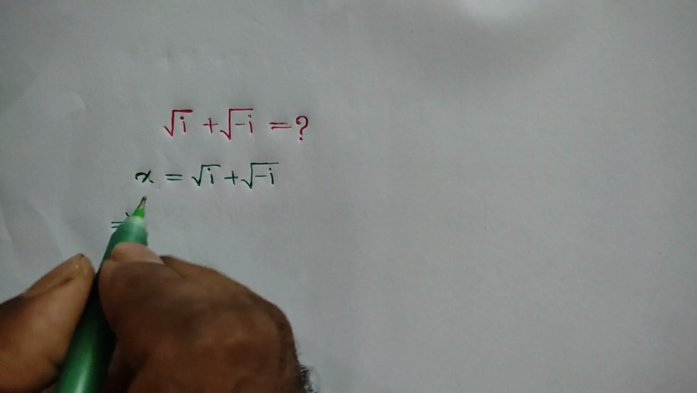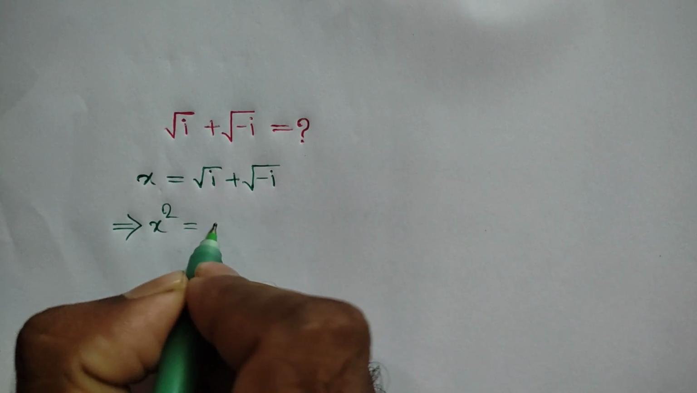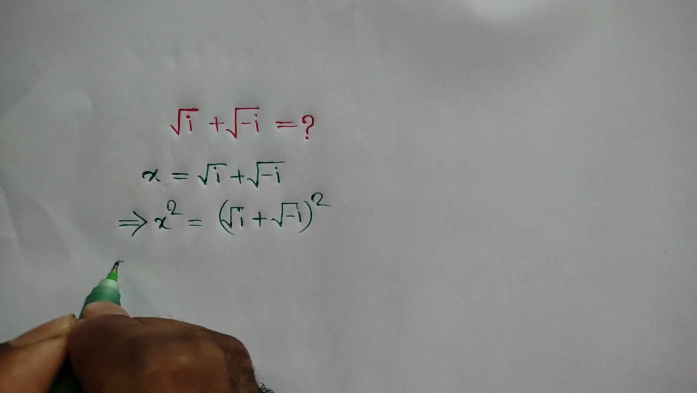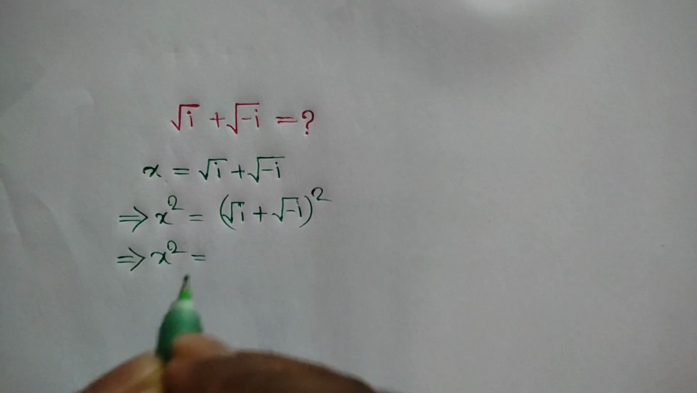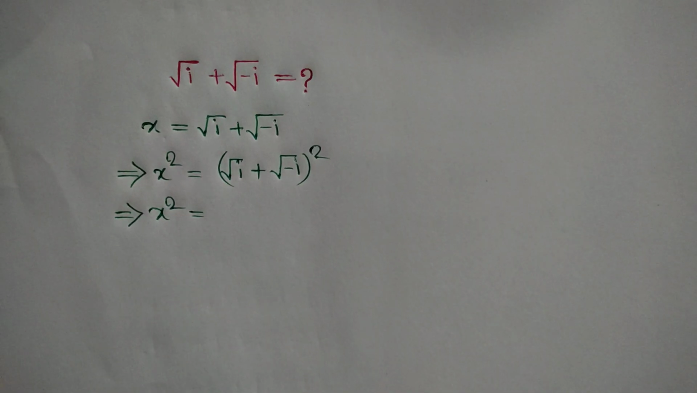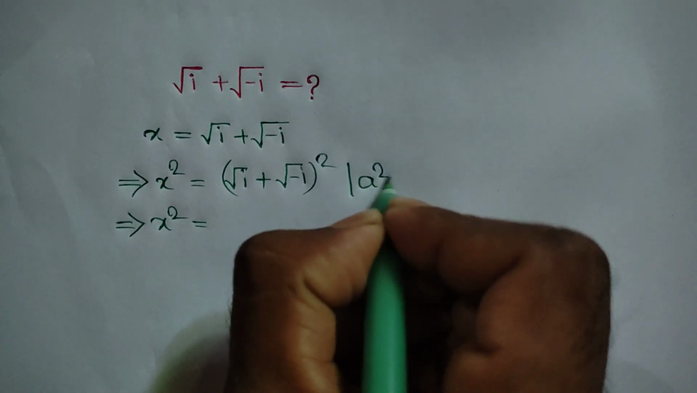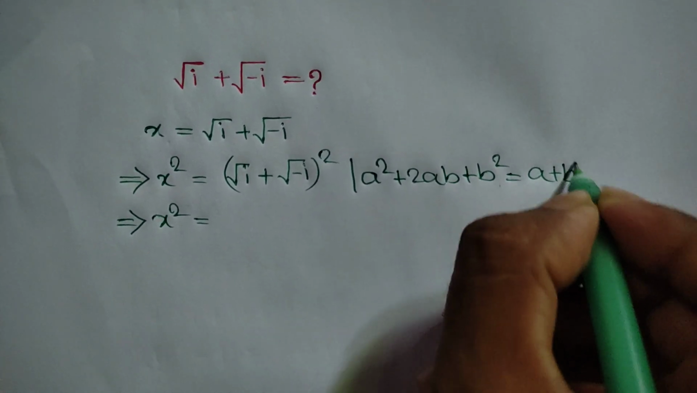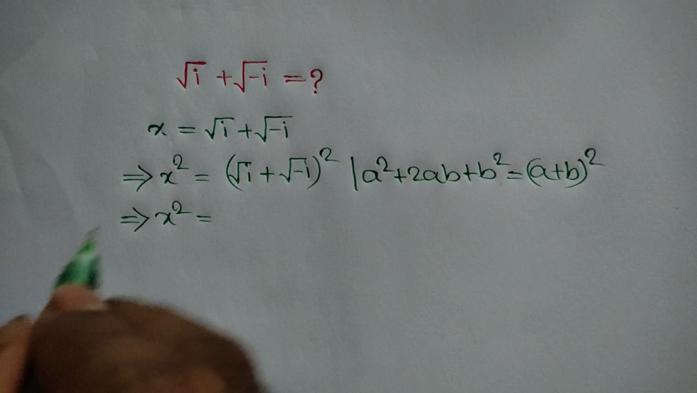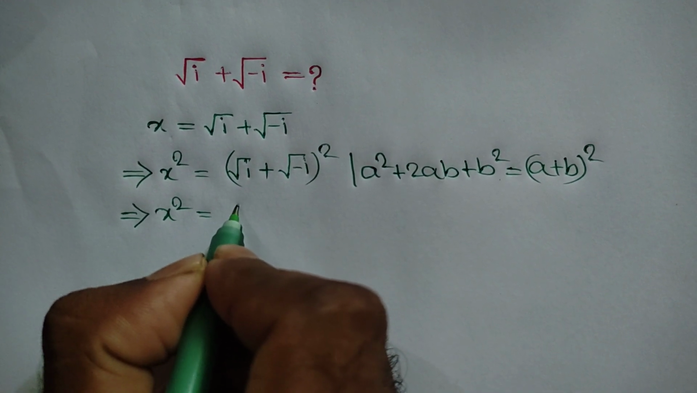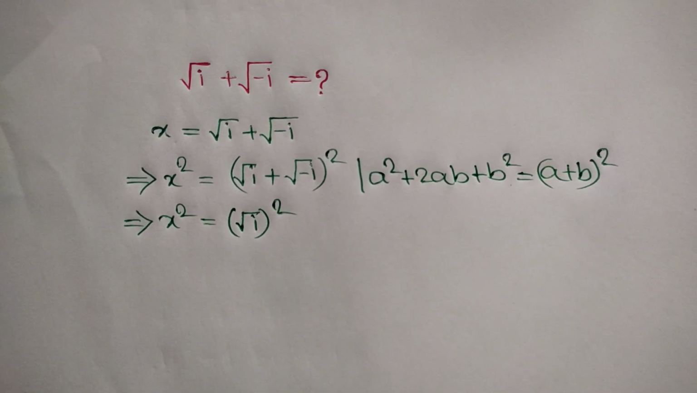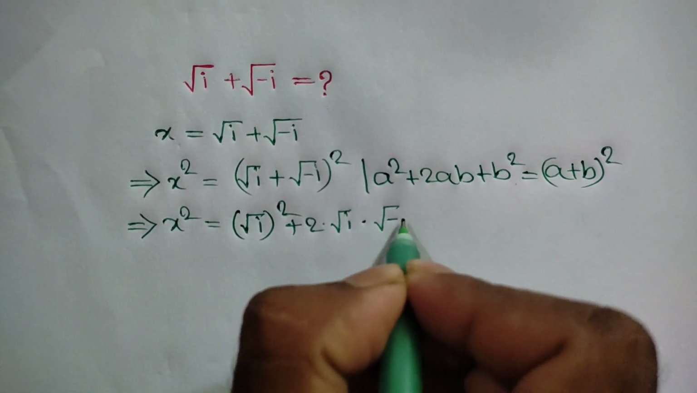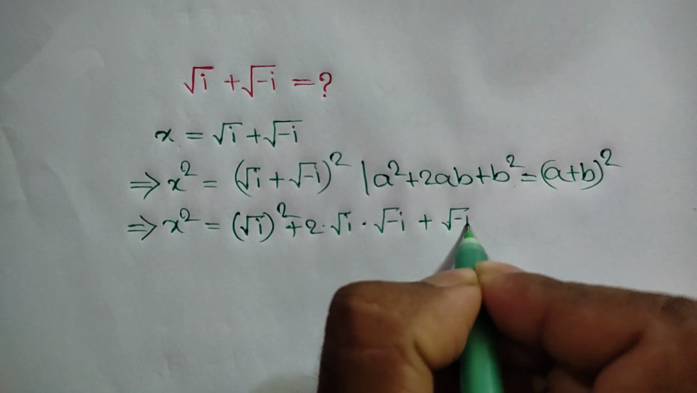or squaring both sides we can write here x square is equal to square root of i plus square root of negative i whole square, or x square is equal to, applying the formula a square plus 2ab plus b square is equal to a plus b the whole square, we can write here square root of i whole square plus 2 times square root of i times square root of negative i plus square root of negative i whole square,